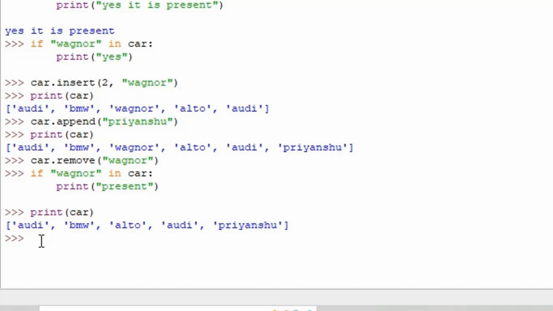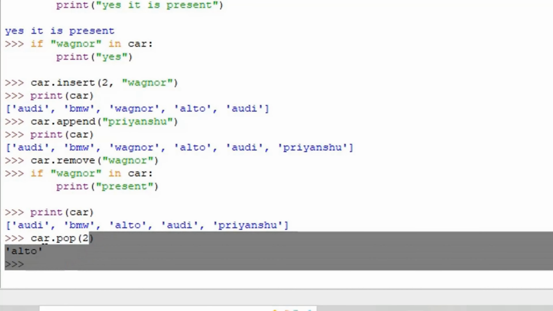Now next we have the pop function. So how exactly do we use the pop? We use the pop like this: car dot pop function. Inside pop, if I want to remove the element of the second index, I press enter. So it has popped that, yes, Alto is popped out of the list.